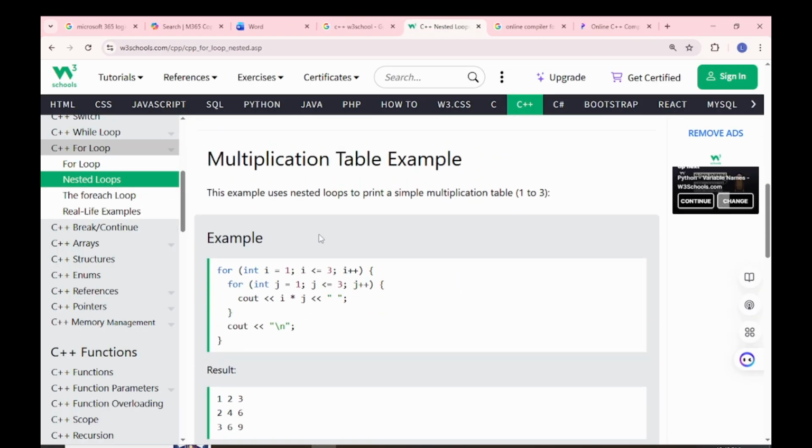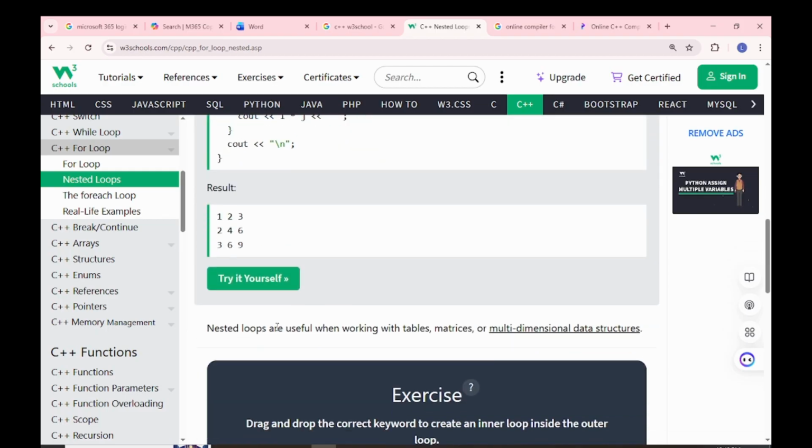Multiplication table example. This example uses nested loops to print a multiplication table. Here you see two for loops, one inside the other. So i starts from 1, i is less than or equal to 3, i plus plus. Here j starts from 1, j is less than or equal to 3. So if you try this,